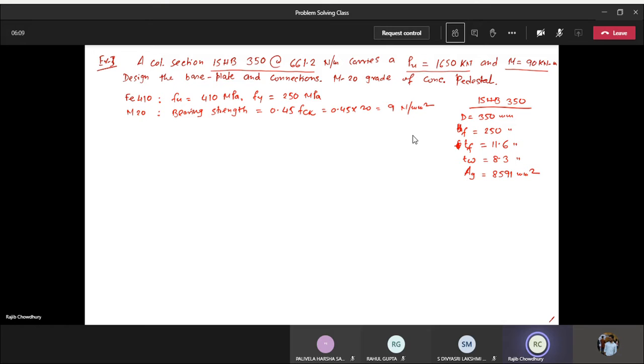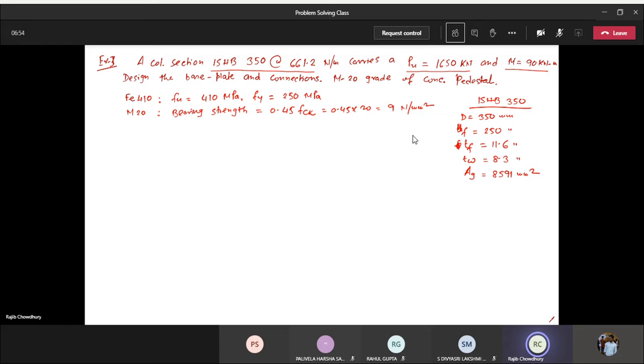And M20 grade of concrete is being used for the pedestal. Pedestal means first we'll prepare the concrete foundation. Over the concrete foundation, there is a small height of the column, or the pedestal, as it is usually called. The pedestal is to be first kept, and on the top of that pedestal the steel column is to be resting. Obviously before resting, before putting in the column, we will be providing the base plate, and that base plate is now to make the anchor bolted base plate connection. Okay,